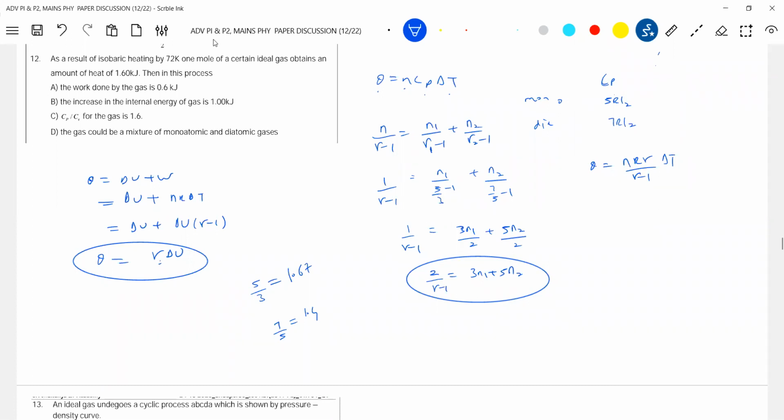I think we can just say it's a mixture, no? Definitely. If it were equal to 1.67, I would have said monoatomic, 1.4 diatomic. It is not equal to 1.67 or 1.4. So somewhere, okay, we can say it's a mixture. I need not go for N1, N2. Only I should check for gamma. Gamma, is it equal to 5 by 3 or 7 by 5? If none of these values, then it should be a mixture. Okay, just to give an idea. You need not think this much, it is not needed. Just to explain, I took help of this condition.